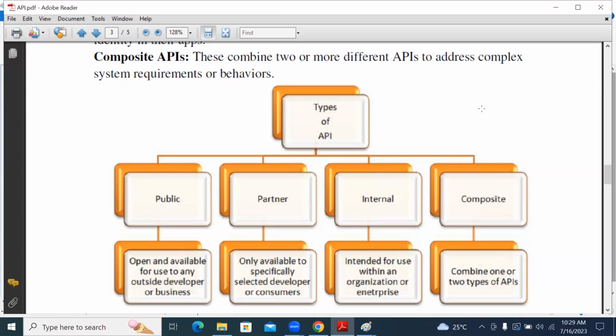That is why the API concept came into the picture, how an API works, and what the different types of APIs are. Then we need to move into API testing. What exactly is meant by API testing? That is what we have to understand.